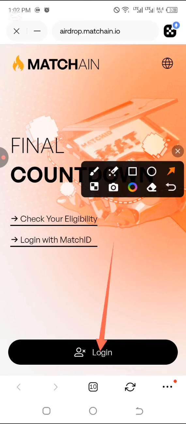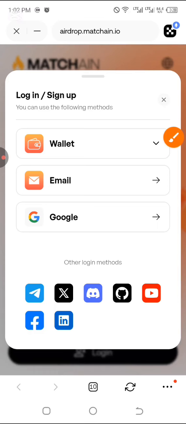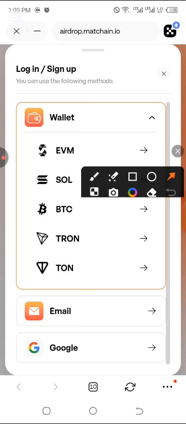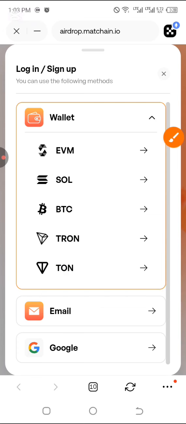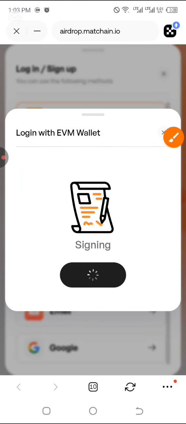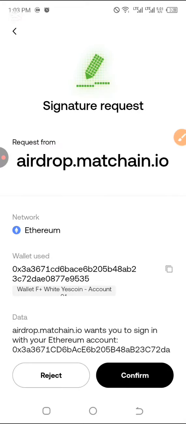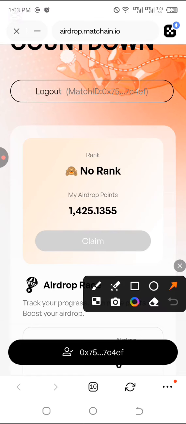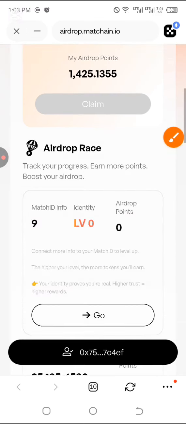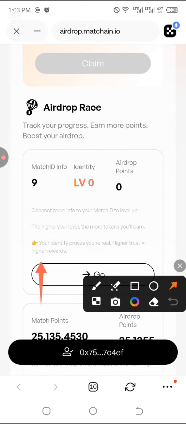In this case, you're going to click on login. Then you're logging in using your wallet. The reason why you're logging in using your wallet now is because you have actually done all that before. You've connected your wallet, you've connected every other thing on the platform, you've connected it to your Telegram. So I'm clicking on confirm. My points are actually reflecting right here, and if you go down right here, you can see under Match ID info. If you go back right to the platform, you will notice that there are actually 9 items I've completed,